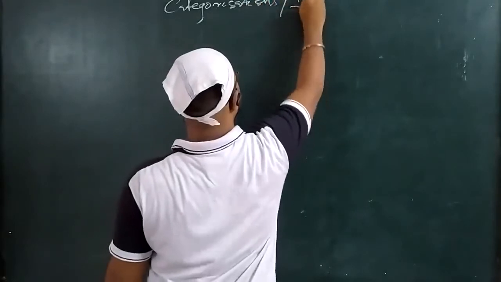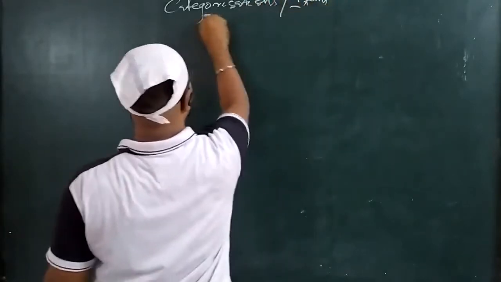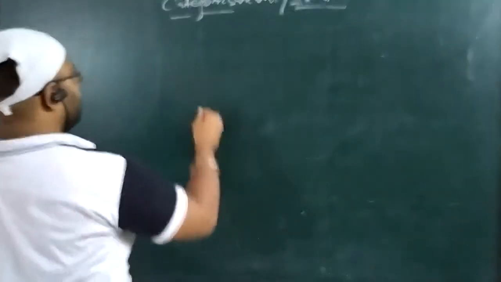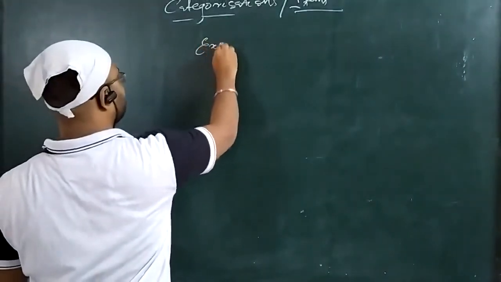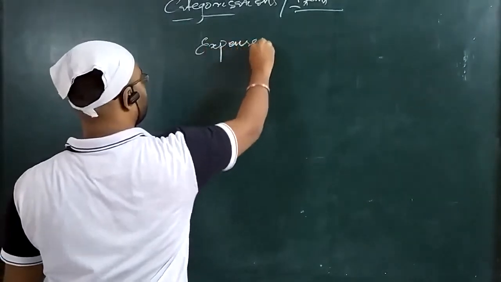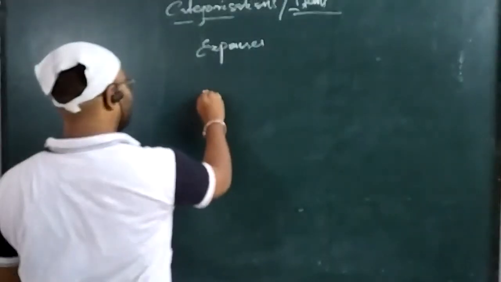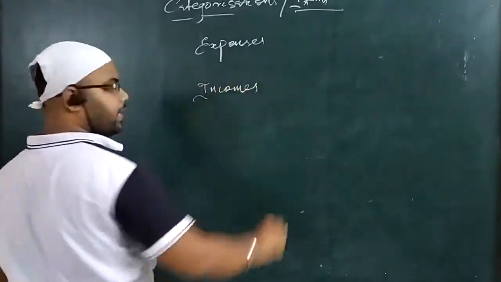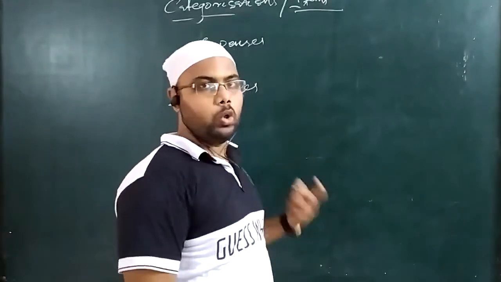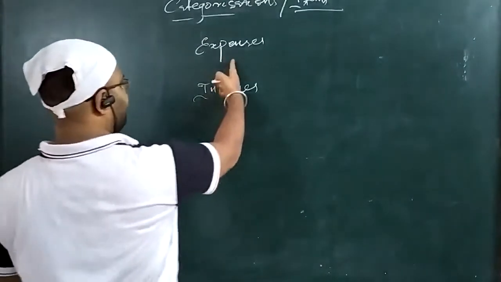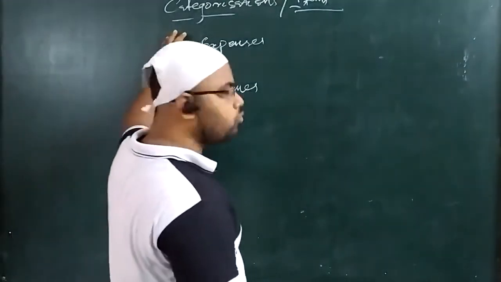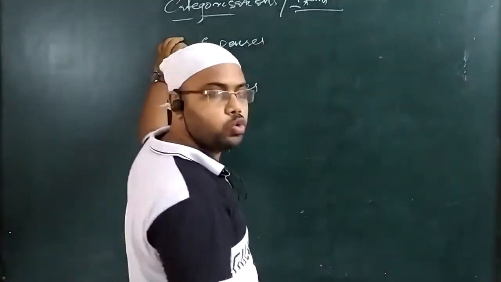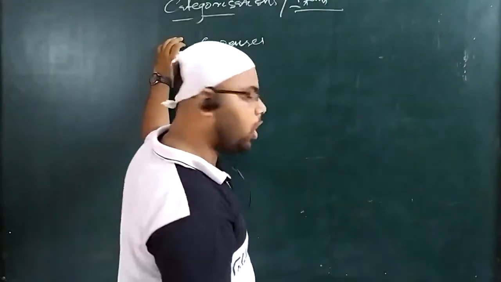There are almost 5 to 6 categorizations that exist in a business organization, or you generally call them items. So what are those items? First of all, you have expenses. Then you have income. I am telling you the general way, please look and understand properly. Expenses and income: if these two factors are there in a business organization, obviously after comparison of these two factors, you will get either profit or loss.